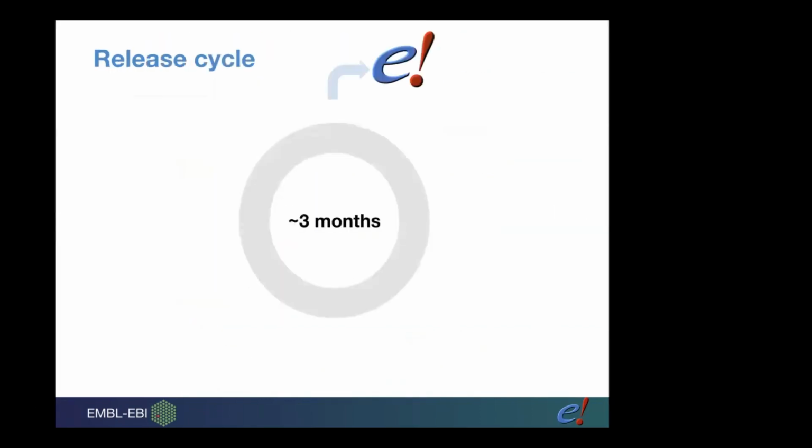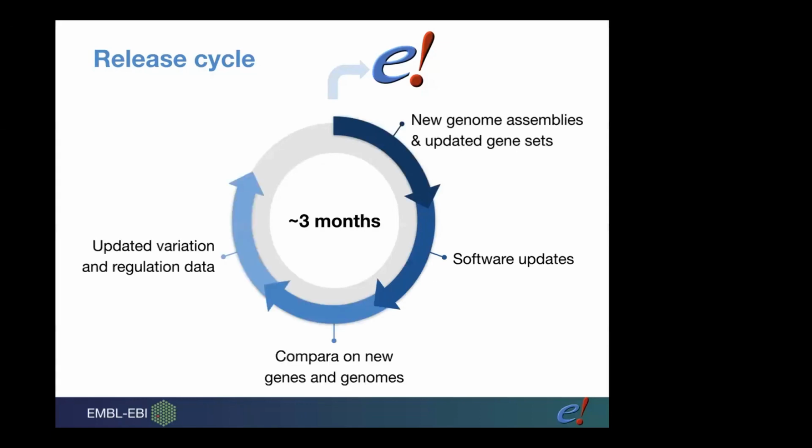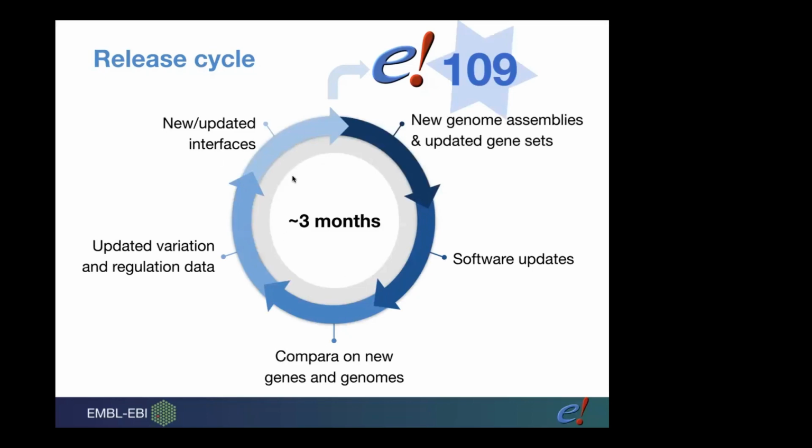Ensembl is updated every 3 months as genomic data constantly changes. So our data is not static. Every 3 months, we release a new version, and behind the scenes, there is a lot of work. As new genome assemblies are input, we update our gene sets, we update our software, we run analysis on this new data, we update our variation and regulation data, and finally, we package all of this up to display it